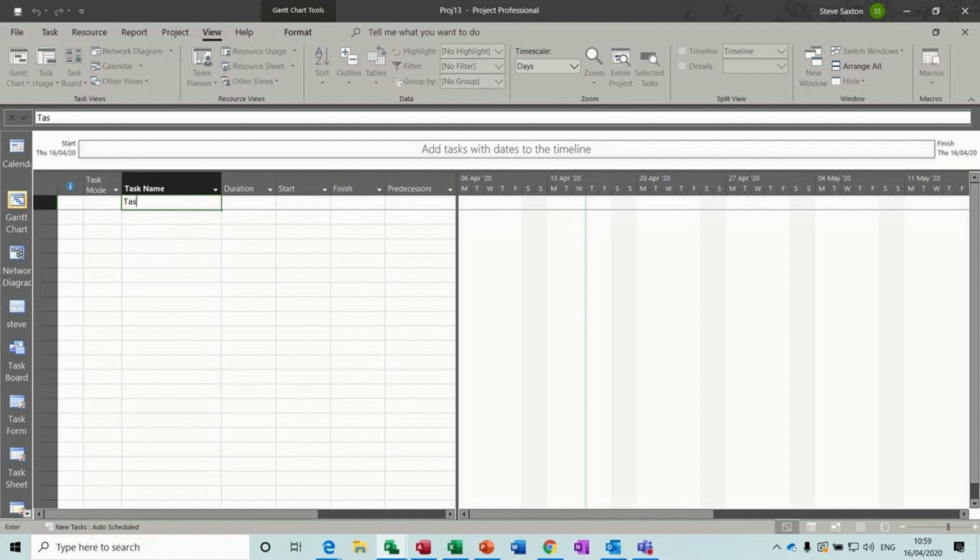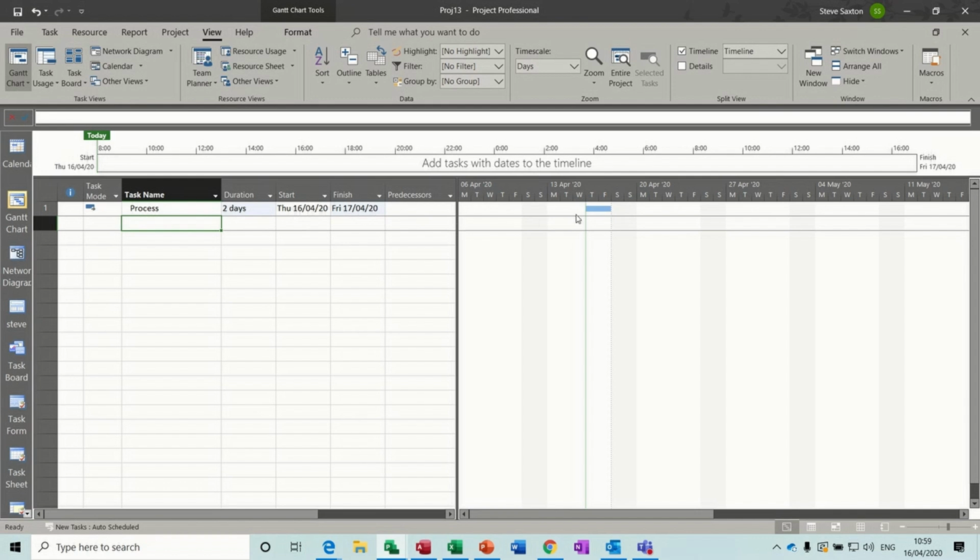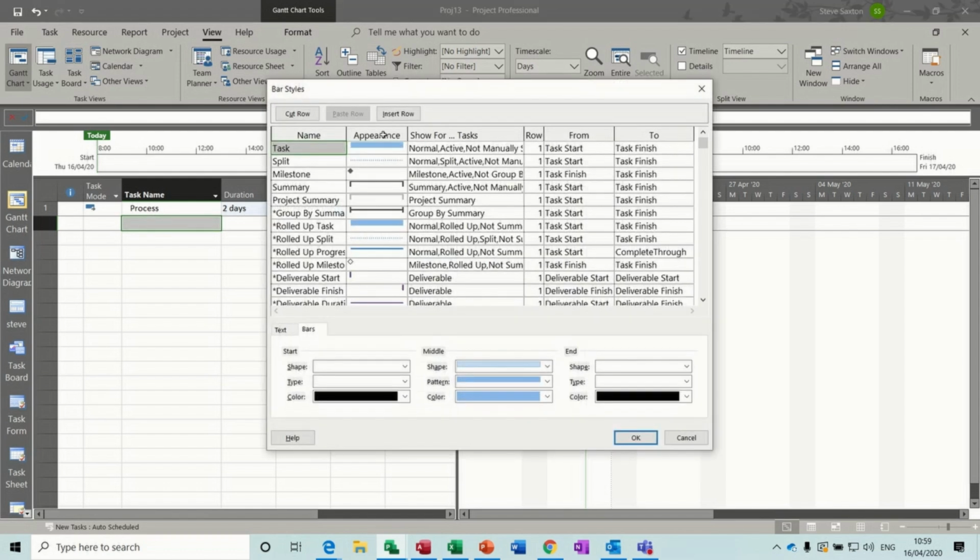So first of all, I'll call it process. Let's say it's a 2-day process which repeats 3 times. So there's your first one, it's on there. Now I want it to repeat on Thursday and Friday there and there, the next 2 weeks going on, so 3 altogether. What you have to do is double click on the white to get into the bar styles, or